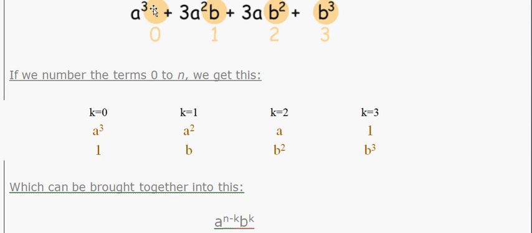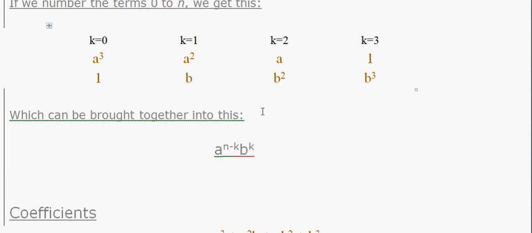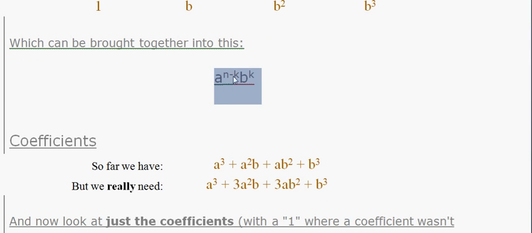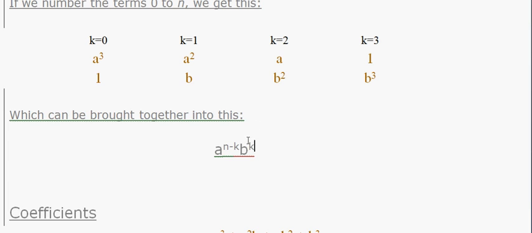Okay, when k is 0, and when k is 1, like b power is 1, then we get a power 2, and b remains the same. So this can be brought together into this small formula, a^(n-k) b^k. Like if k is 2, then b power is 2, we simply write b^2. If k is 2, b^2, correct. And if n is 3, then 3 minus 2 is 1, this means a power 1 and b power 2. It goes like this.